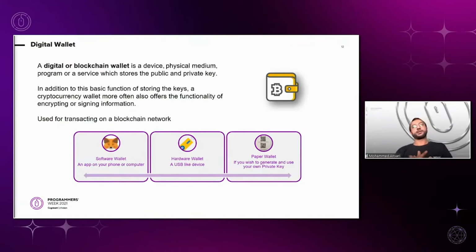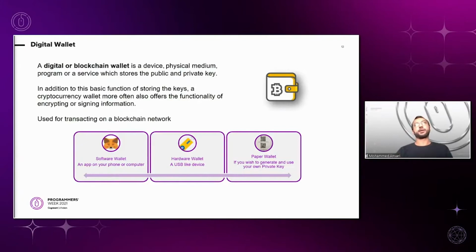Now, there's this thing called a digital wallet. If you want to act in the blockchain network, if you want to participate in the blockchain network, you have to have a digital wallet. The first of its kind was Bitcoin Core. I'm sure people who know Bitcoin from the days of its inception would know what Bitcoin Core is. It's not a very popular wallet these days. There are third-party wallets that people tend to use. But broadly talking, if you broadly categorize wallets into three, then we would have software wallets, we would have hardware wallets, we would have paper wallets.